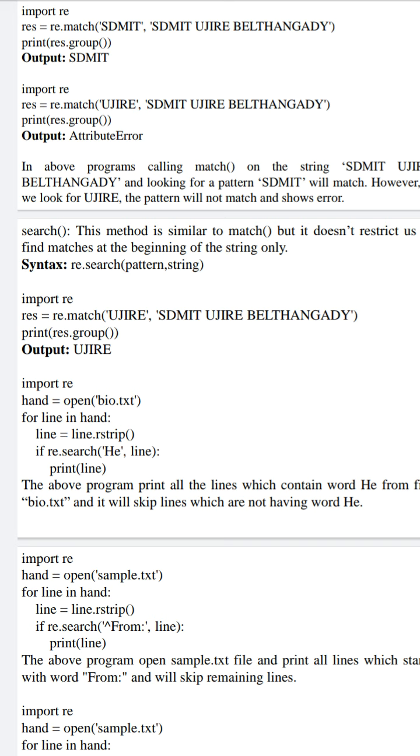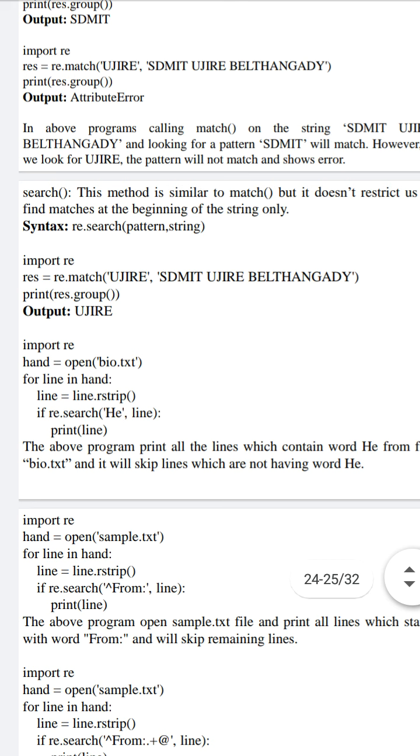If you see the below example, we are calling re.match and passing the pattern as usere and the string as SDMIT usere beltangdi. And in the output, if you see, it is stating attribute error. Even though usere is part of the given string, it is not at the beginning.